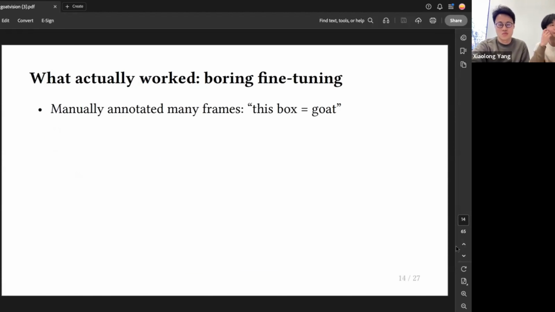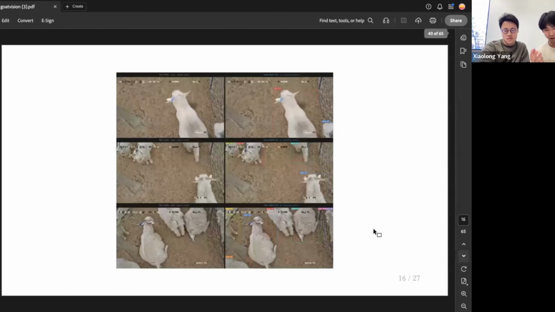So in the end, we went back to a vision model called YOLO, which stands for You Only Look Once. What this does is let you feed in some of your own data to do what's called fine-tuning the model. We manually annotated many frames of what our specific goat looks like, and YOLO learns this. You stream in videos and draw bounding boxes, saying this is exactly what the goat looks like. Now the model will know that this thing it's never seen before is a goat. From that, you can train the model and see how well it does.